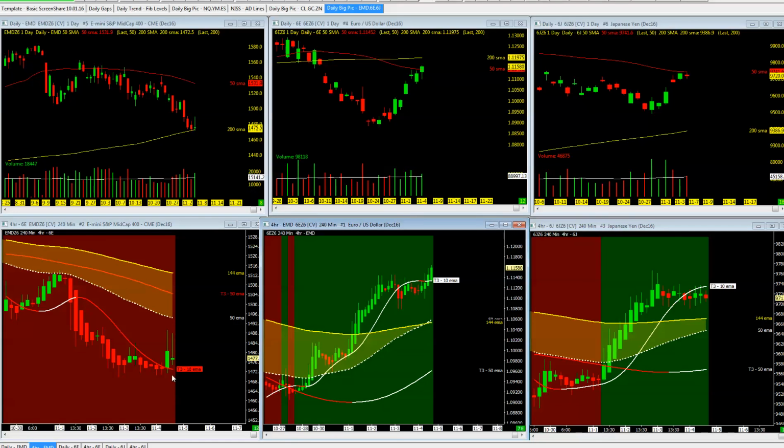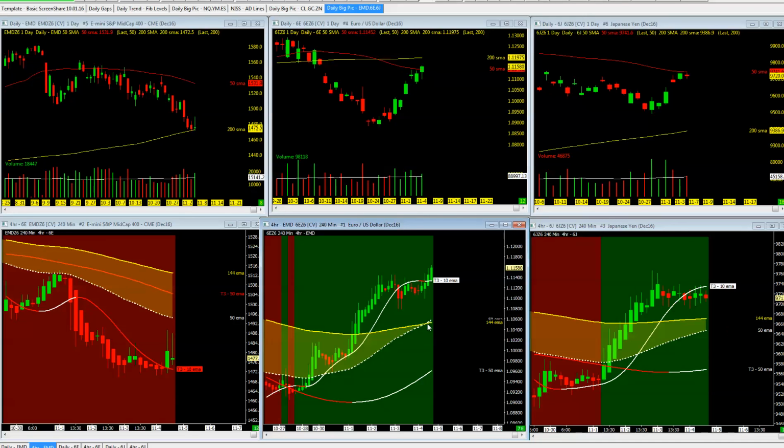Any upside move will be intraday, and look for the 50 EMA, T350, and the 144 for any resistance upside. If it holds and comes back downside, then we have some serious sell-off there. Taking a look at the 6E, again, as we saw on the intraday chart, 6E with a nice move back upside here today to test at 50 SMA on a daily.